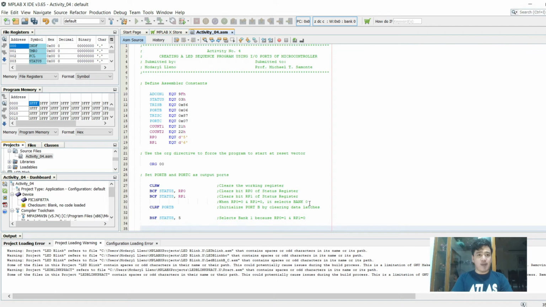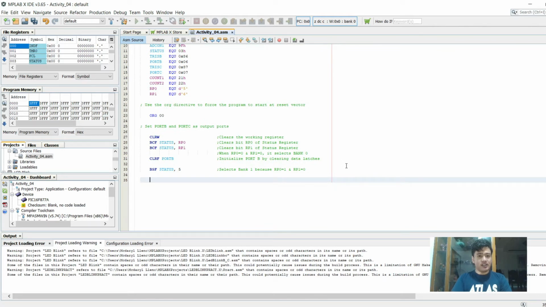When you select bank 1, you can also access these registers. So we're going to be moving values in these registers. First, we need to configure the pins as digital inputs. So we move 0x06, or 06H. This value configures all pins,